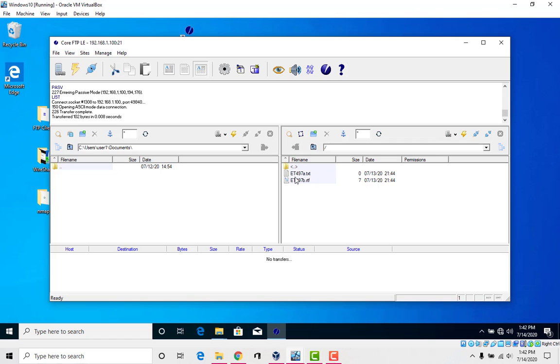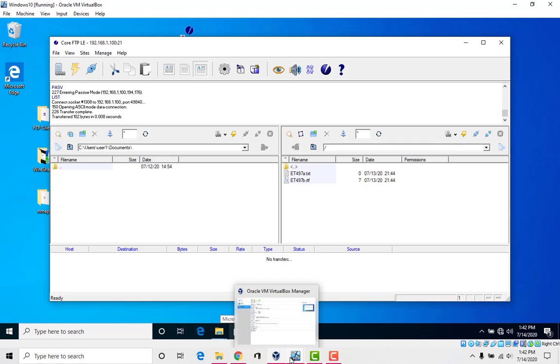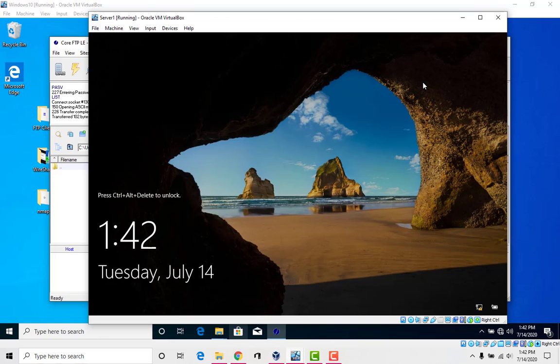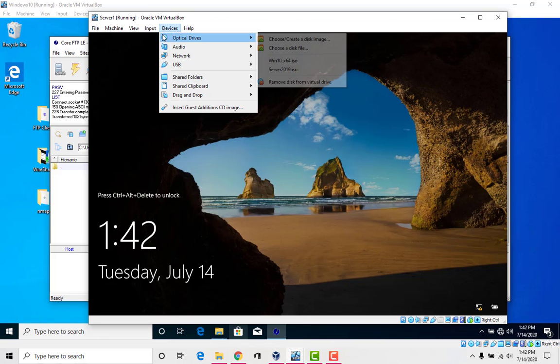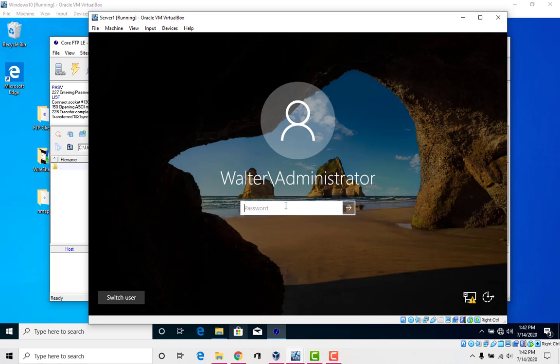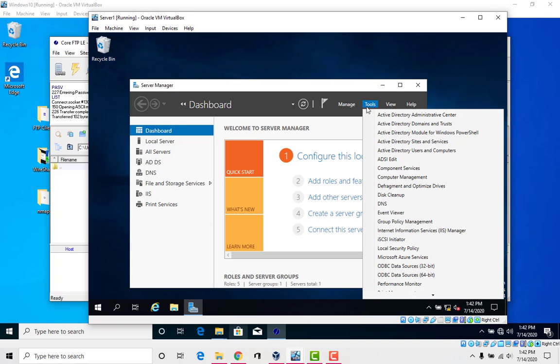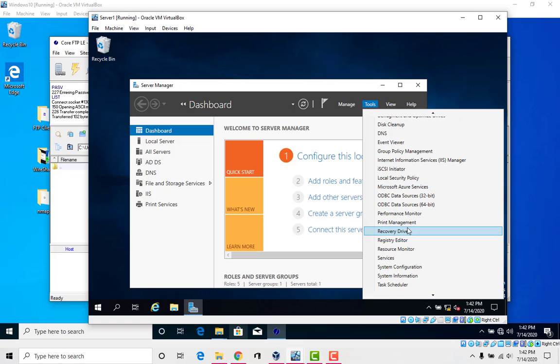And remember we had those 2 files in there on our FTP site. And that was our default site. Let's go back and look at the server here. Let's go keyboard integration. We can log on. And we have our FTP server that we managed through our tools.